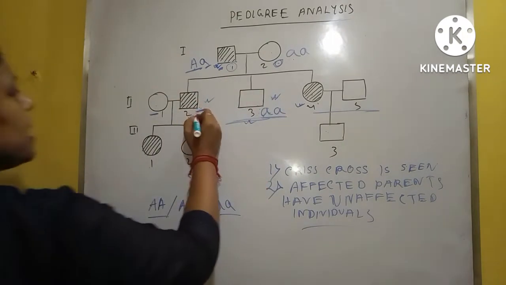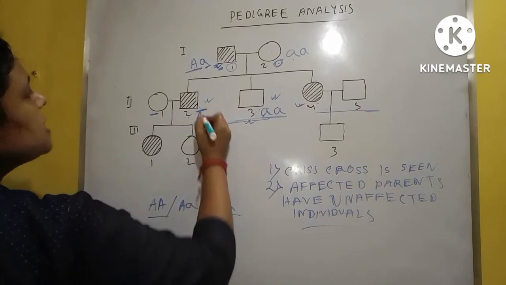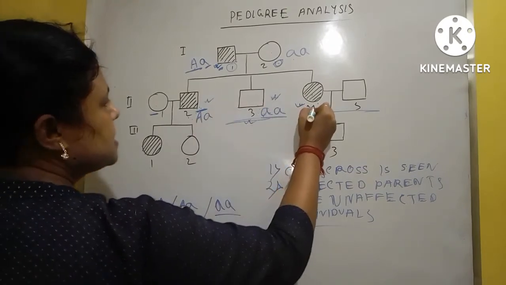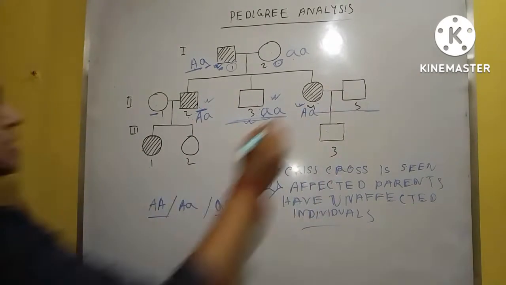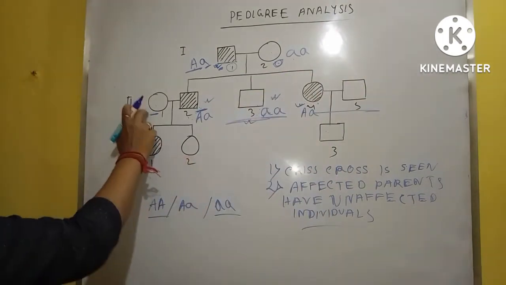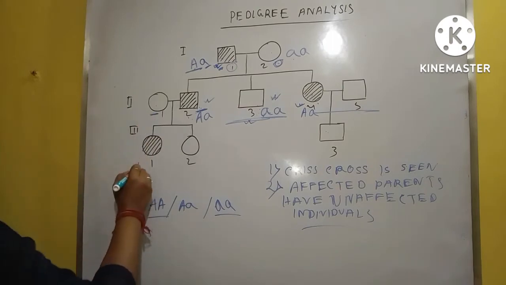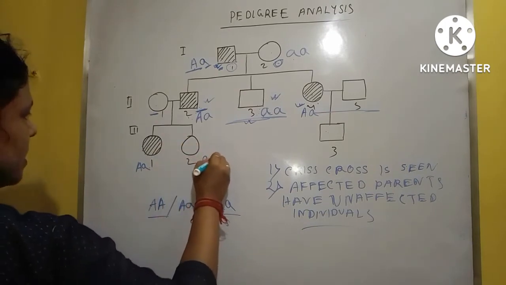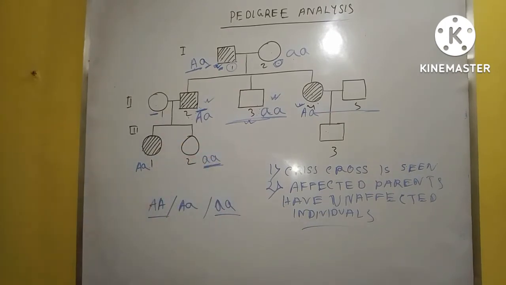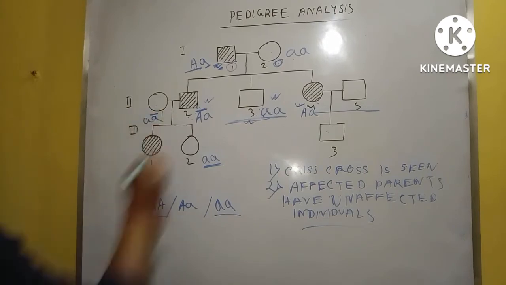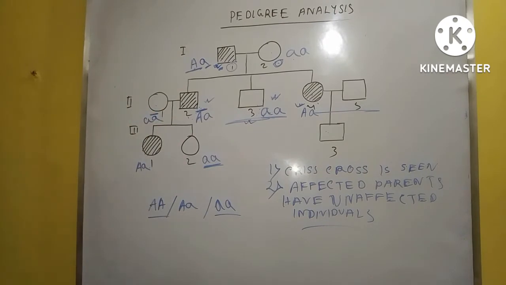Okay, so here we write A and here we write a. So another a from mother. This is the genotypic form, and this is normal. This is normal, but we cannot identify it now. This is normal, but here this is diseased. So as it is normal, sorry for the disturbance, it must be aa. In case of dominant